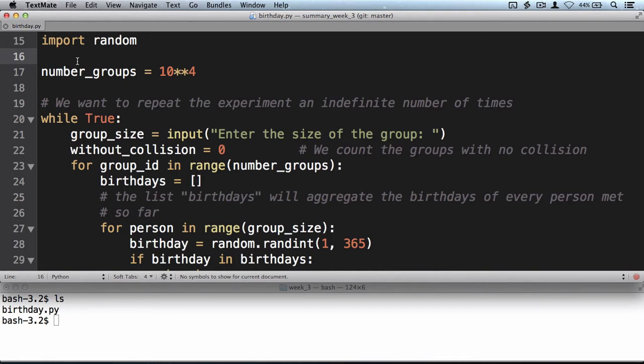So what do I do here? I import the random module. So we've seen this at some point in the lectures. And I will use the random module to generate random dates of birth. And I'll perform an experiment many times, or actually indefinitely many times as the user wants. And what's the experiment? The experiment is to take a certain number of groups, and in this case 10 to the 4, so 10,000, and a certain number of groups of the same size,